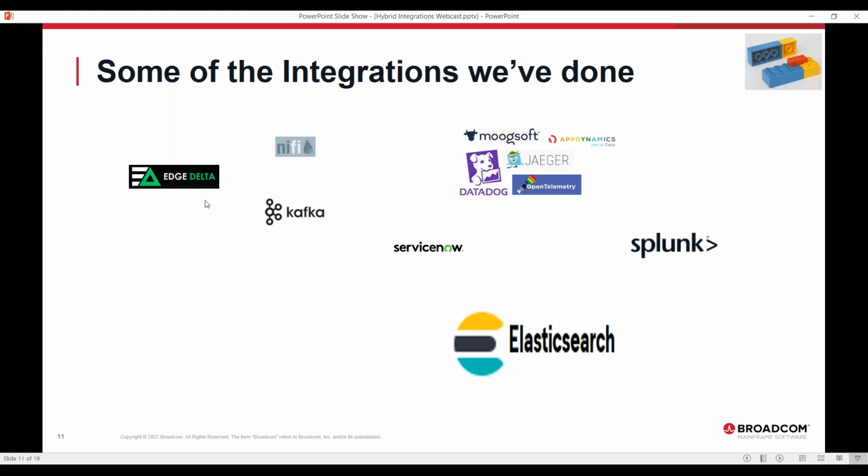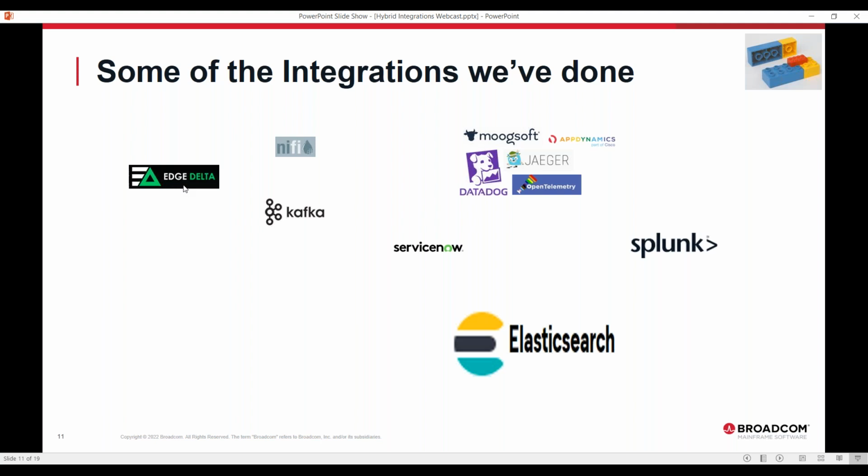We've also obviously done Kafka and NiFi. Those are kind of outside the scope of the talk today, but if those are neat tools, we'd be happy to discuss with you whether they might be applicable for you or not. And this other one here is a company called Edge Delta, which is kind of interesting, and I encourage you to check it out.